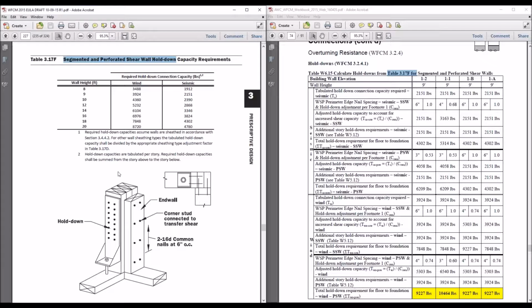The other thing I'll point out is the footnote here that says the required hold down capacities assume wall sheathing per our standard detail, which is 6 and 12 inches on center. For other wall sheathing types and tabulated capacities, you're going to divide by the appropriate sheathing type adjustment factor from table 317D. So back to our workbook for seismic, we were at 3 inches on center, and that sheathing adjustment factor was